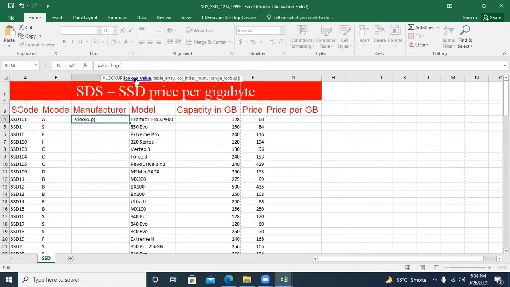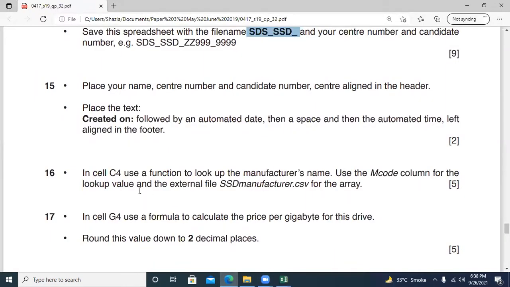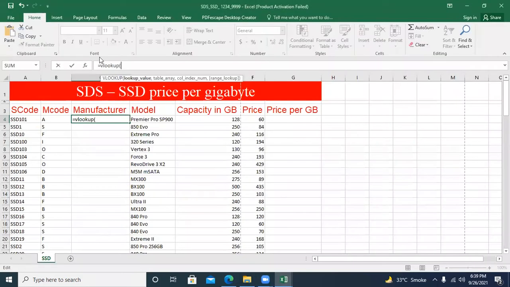First it asks you, I need a lookup value. So if you go right here, the examiner asks us to look up the manufacturer name, using the M-code column for the lookup value. So M-code is the lookup value, this one. So go back here, this is my lookup value, M-code, then comma.